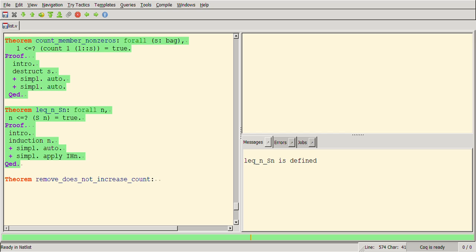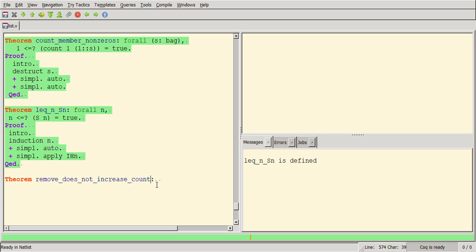This name is a bit misleading. Let me remove... does not increase count 0. I think we should add a name 0, that removing 0 from a bag doesn't affect... remove 1 0 from a bag does not affect